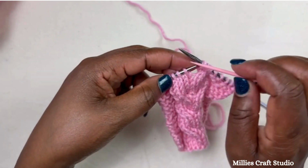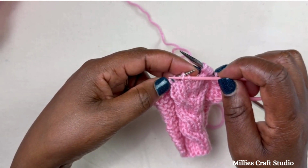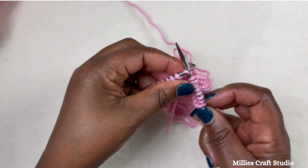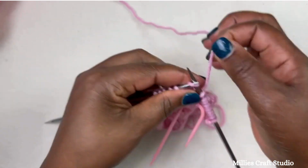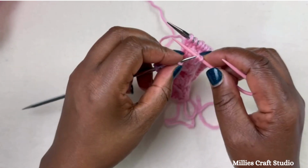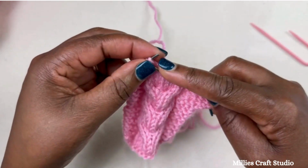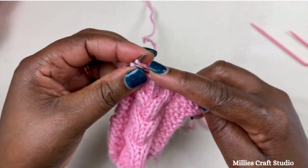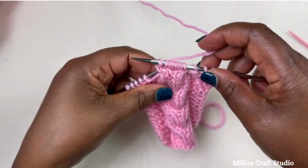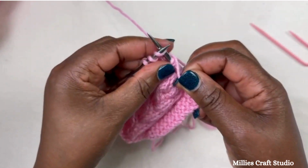Okay, and then next I'm going to slip these 2 stitches onto my cable needle, and I'm going to hold them in front, and then I'm going to knit these 2 stitches, and then I'll slip these 2 stitches back onto my needle, and then I'm going to knit them. Okay, and then I'm going to work to the end of the row,